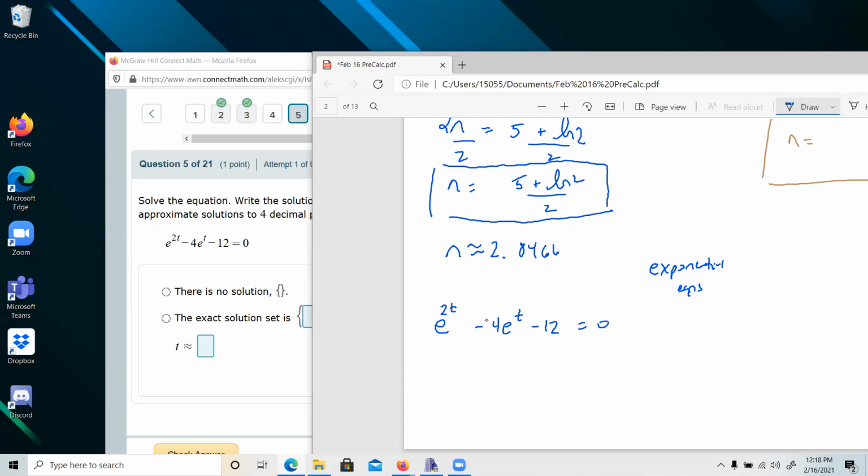Okay, so I'm going to make a little substitution here. Remember that e to the 2t, when you have two things multiplied by each other, this is e to the t squared. And you had a to the r to the s, this was equal to a to the rs. So e to the 2t is equal to e to the t squared. So I'm going to write this as e to the t squared minus 4e to the t minus 12